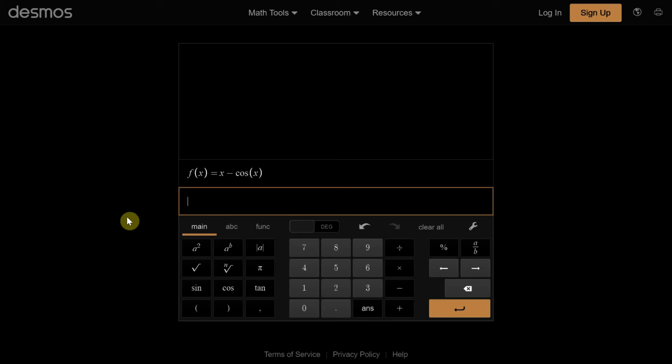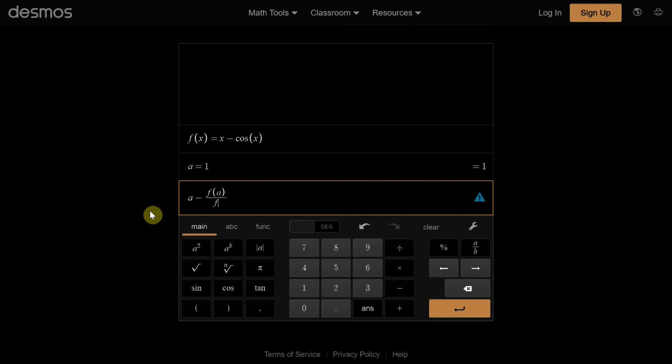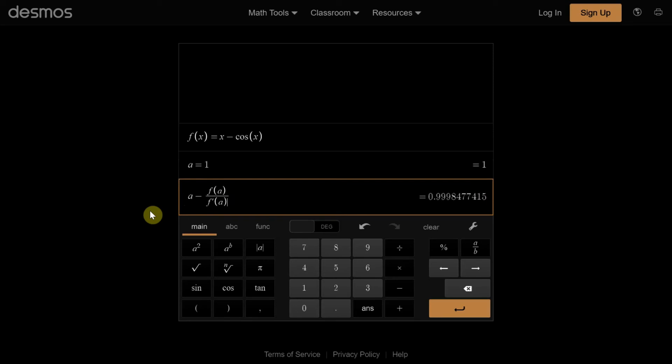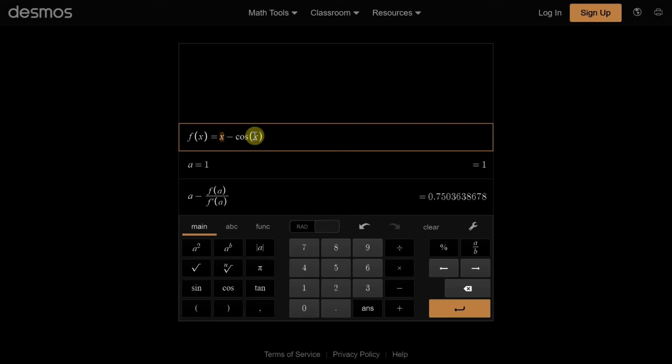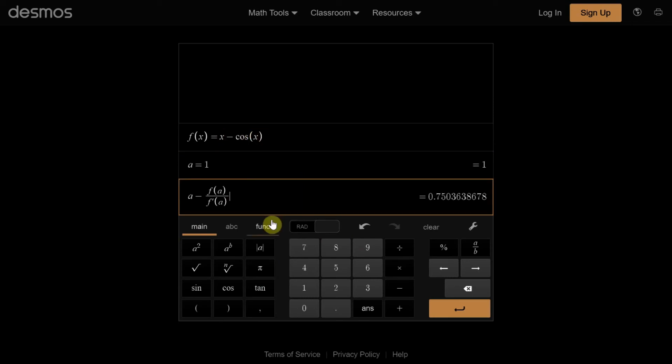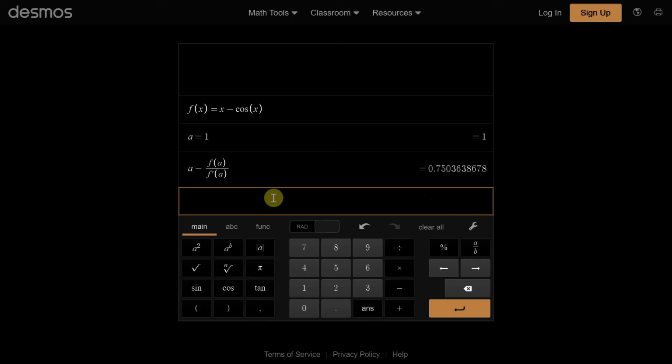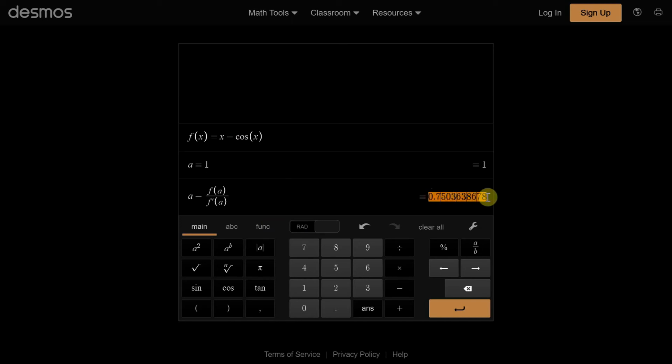And our first step is to start with an initial guess. And now what we have to do is subtract from a, f of a by f dash of a. And don't forget to keep your calculator in radians. It was in degrees. Your calculator should be in radians because it is having x and cos of x. So make sure it is in radians always. Yeah, so our first step is over and the value right here is our new a.